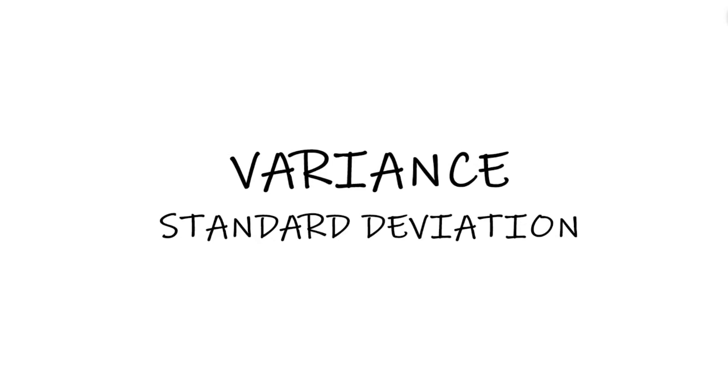Today we're gonna take a look at variance and standard deviation. And what is this? Well, they are measures of the amount of variation for a variable around its mean. So if we have a low variance and a low standard deviation, most values are gonna be around the mean. If we have a high variance and standard deviation, they're gonna be more varied around it. And that is a quick explanation of what it is.